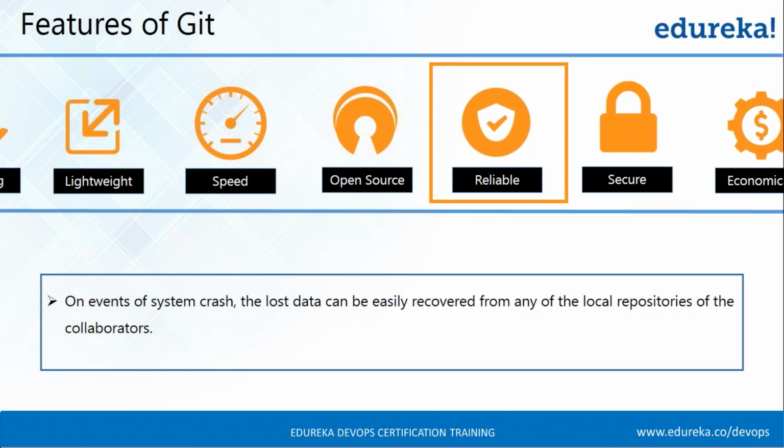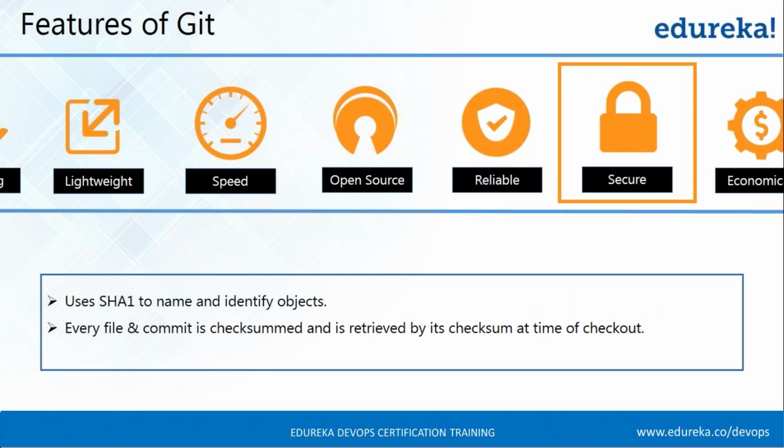Okay, he says yes. So the next thing is that Git is actually very secure. Git uses SHA-1 to name and identify objects. Whenever you make a change, it creates a commit object. After you have made changes and committed them, it is very hard to go back and change them without other people knowing, because whenever you make a commit, SHA-1 converts it